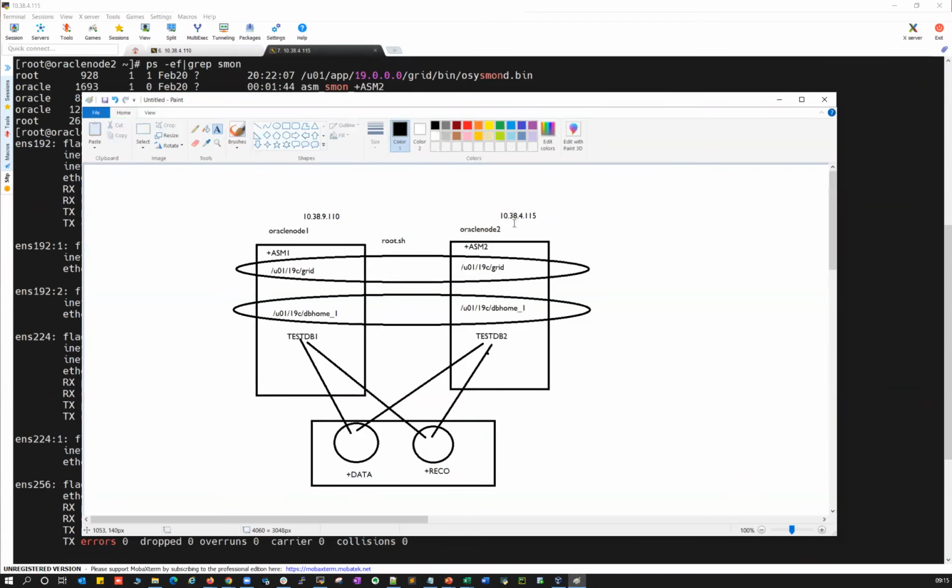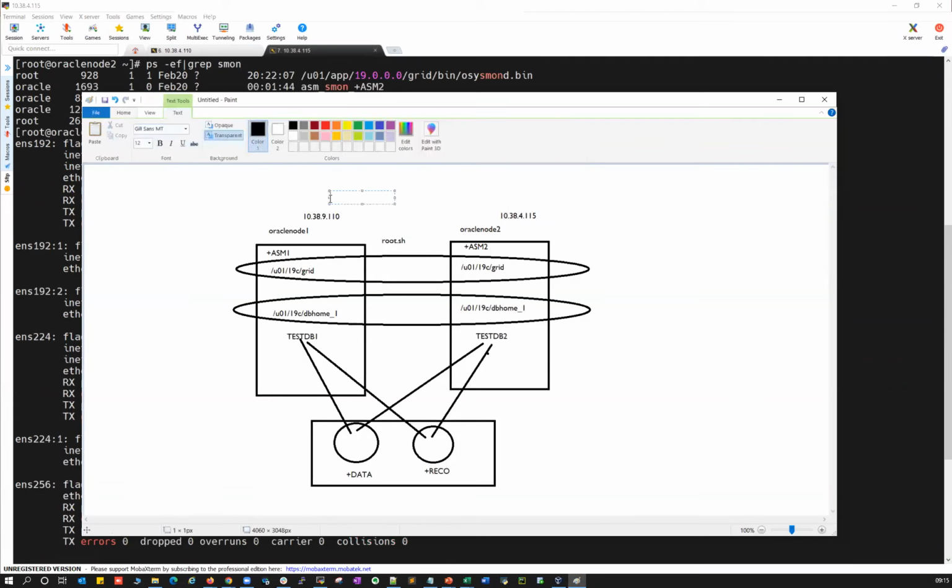Right. So these are your public IPs, and these are your physical IPs. I'll just list it out here. Physical IPs. Each node should have its own physical IP, so for a 2-node RAC, we need 2 physical IPs. The physical IPs are here: